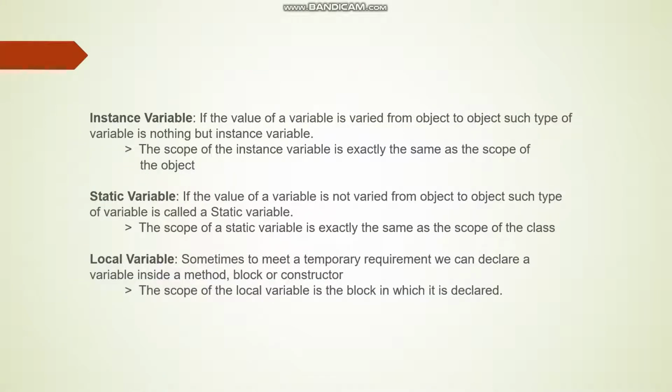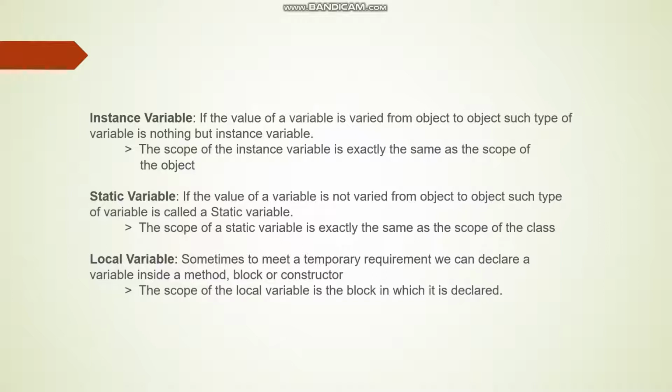Instance variable. What is an instance variable? If the value of a variable varies from object to object, such type of variable is nothing but an instance variable. That means for every object, a separate copy of the instance variable is created. And